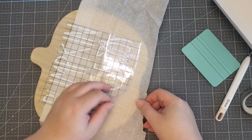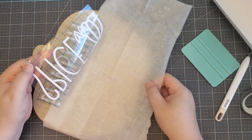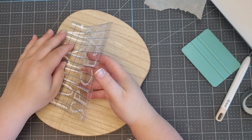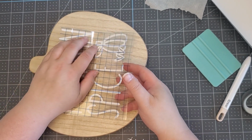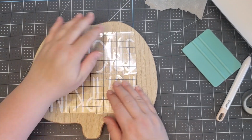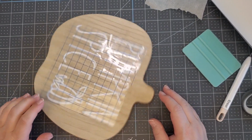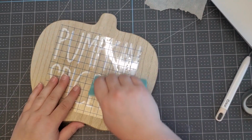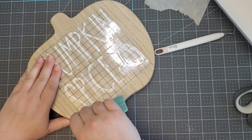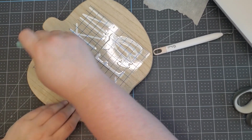And then you want to lift this part up and try to slide your parchment paper away and then slowly put down your decal. You don't want to have any bubbles, and that went down really smooth. Oh, I love Lazy Susans. It's nice. You just smooth it around, nice and smooth. Okay. All right. This should be good to go, but